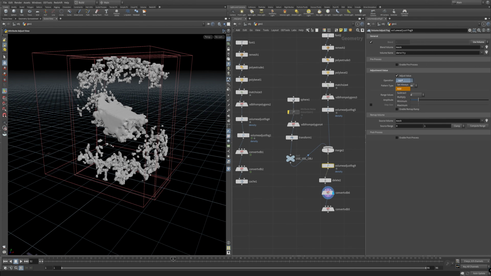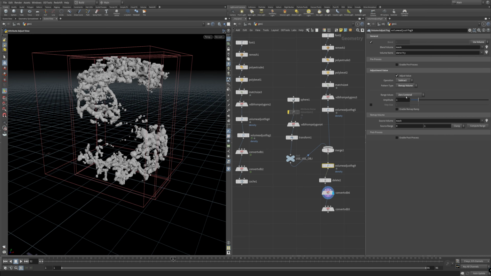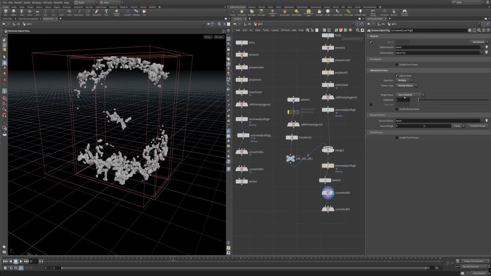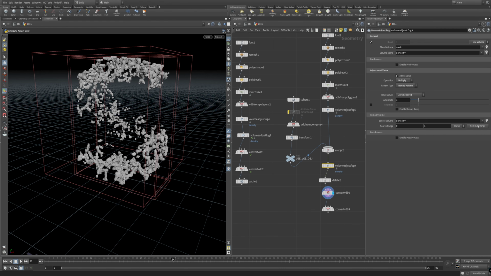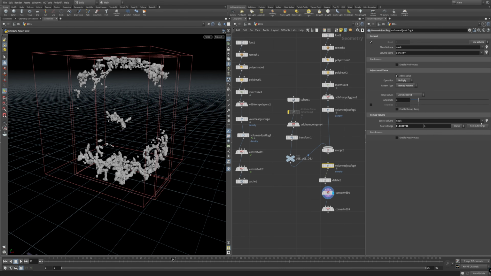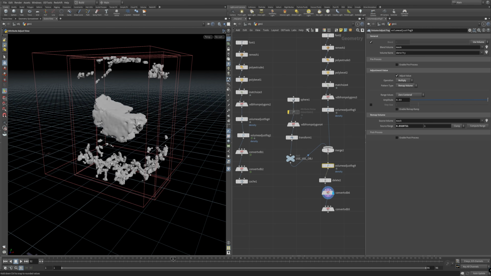If I go to subtract, it just subtracts those things. How about multiply? Very interesting. Density, mask, compute range, not really changing much. Crank up the amplitude, I kind of get closer. All right, this is worth me exploring a little bit more.